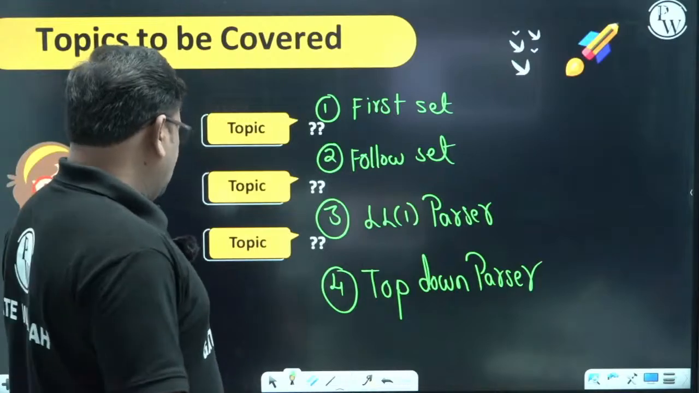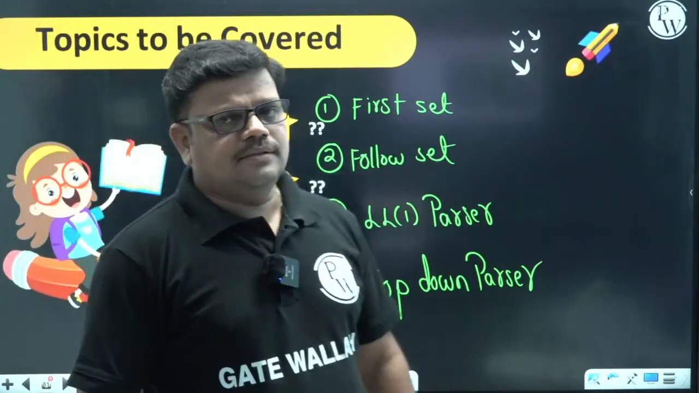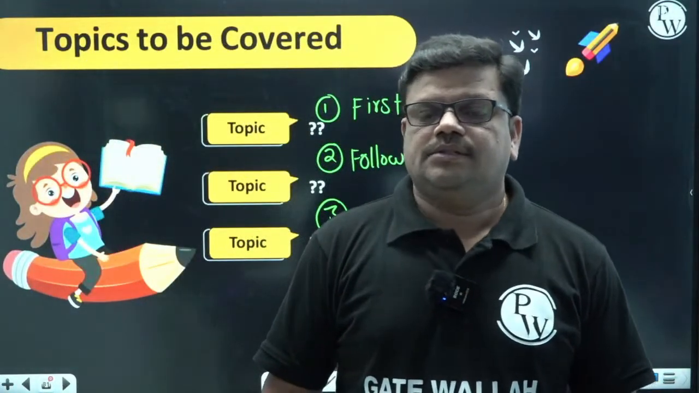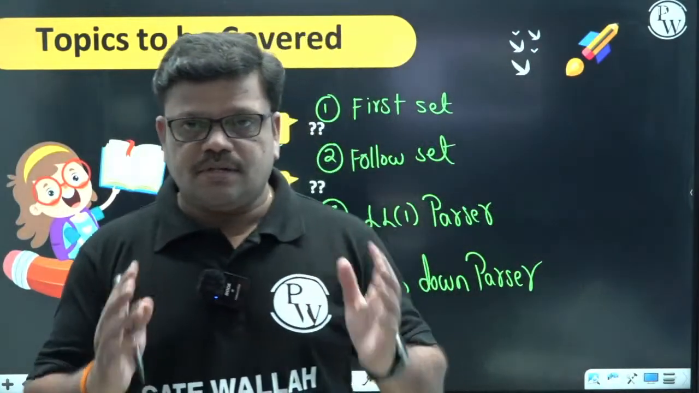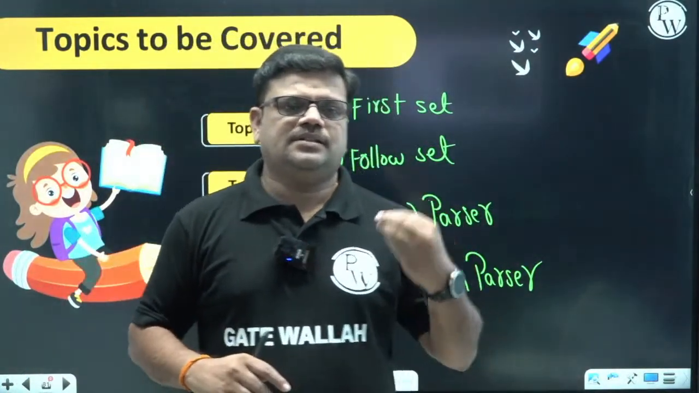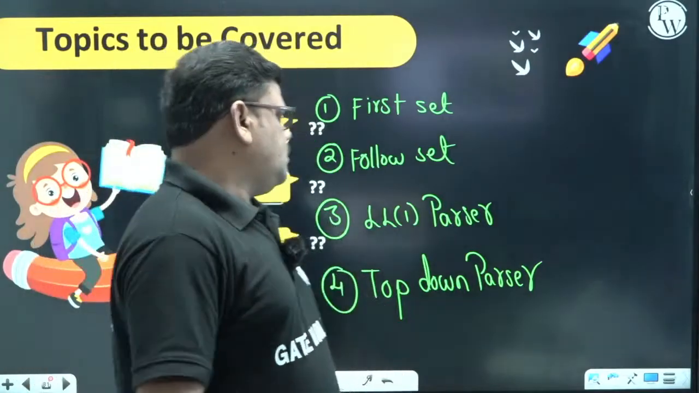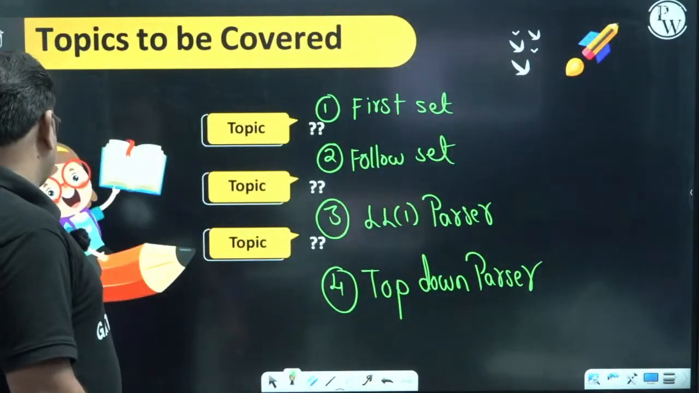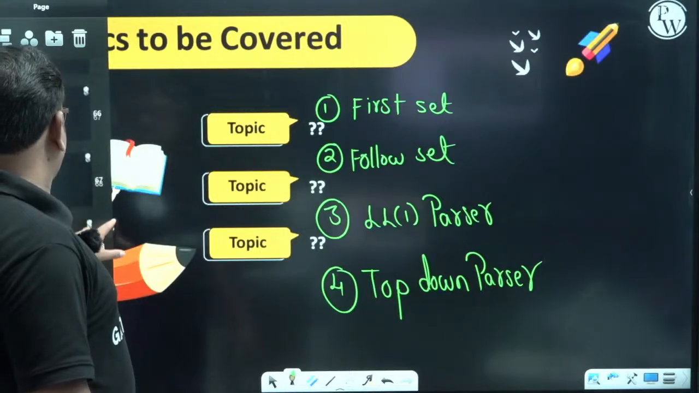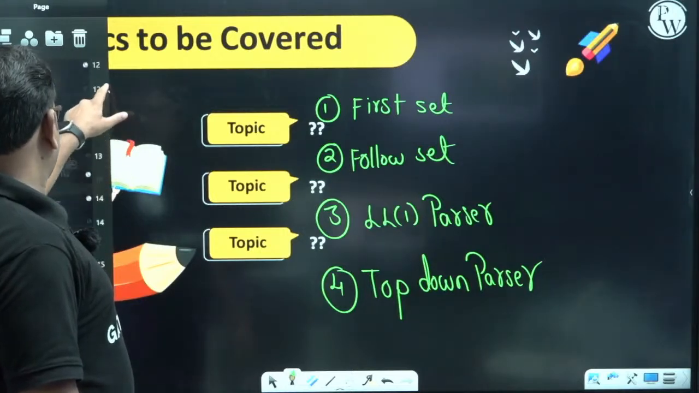So let us start. This is one of the easiest topics, not a difficult one. If we are comfortable with first and follow set calculation, nothing is there. It's a very simple topic, discussing the top-down parser. Let us go and discuss the top-down parser. Before that,